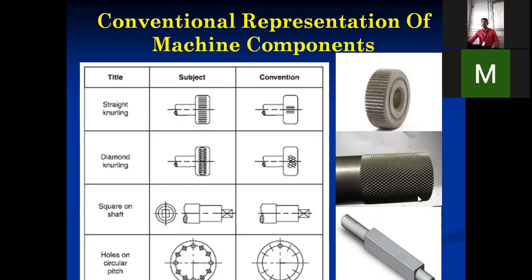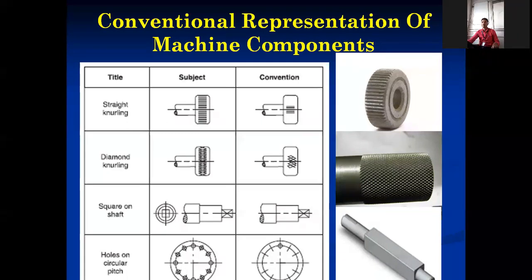So we have started the BIS convention, the conventional representation of machine components. Before this, we have also seen many more things. Before going to it, let us discuss which things we have seen. As far as BIS convention of machine components is concerned, we have started a few components. I will go back one or two slides, because we are at the end of this chapter. Hardly one or two lectures will take to complete this chapter.